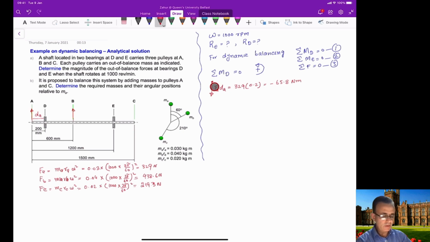So now the way the analytical procedure works is that we will try to find out the x and y component of this moment here. So the x component in this case, because it's just a vertical vector, its x component is 0 and y component is minus 65.8 here. So this is how you will do it. Now for the